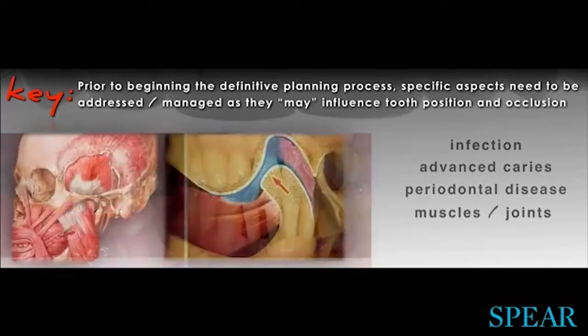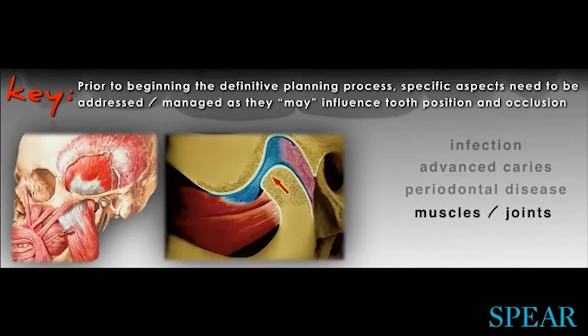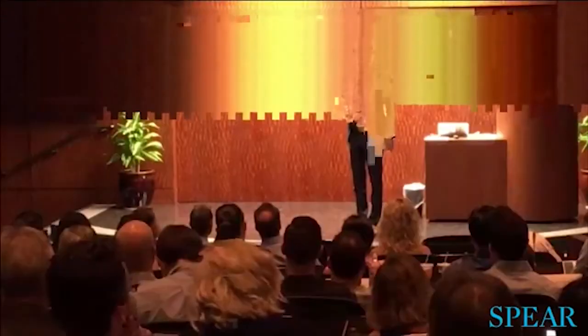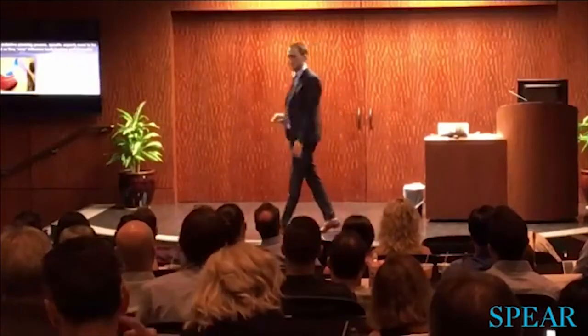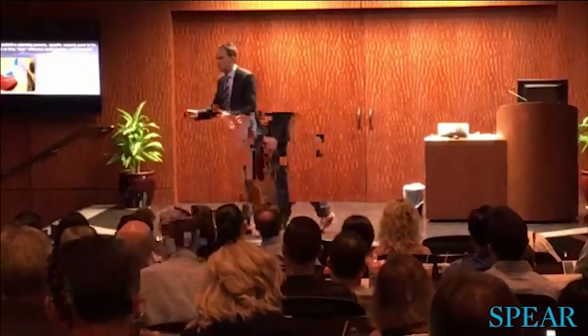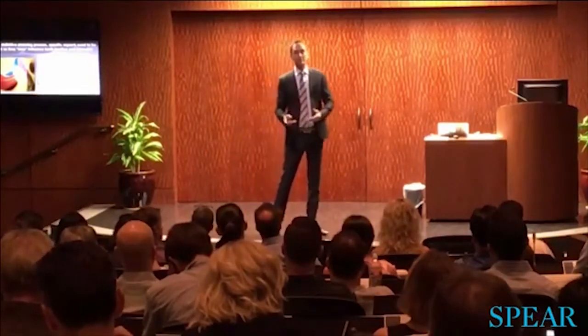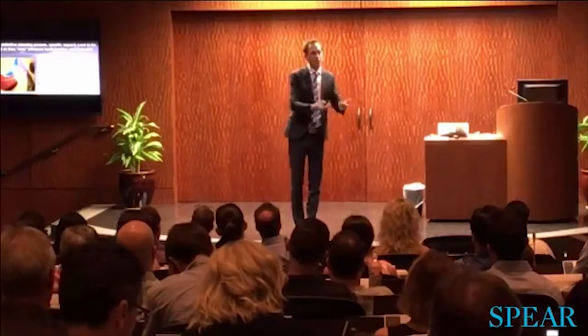The same holds true with muscles and joints. In order for me to design an occlusion, which essentially is a reproducible position of closure, I have to evaluate the muscles and the joints, and if there's a problem, I have to manage the problem, right? How can I design an occlusion if there's joint issues or muscle issues? So this has always come first, right? You maybe do splint therapy. And once you get everything under control, it gives you the ability to mount models and help your treatment planning